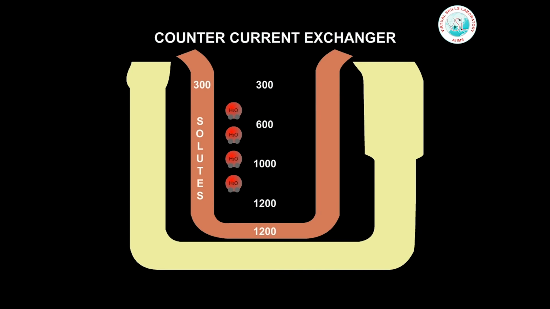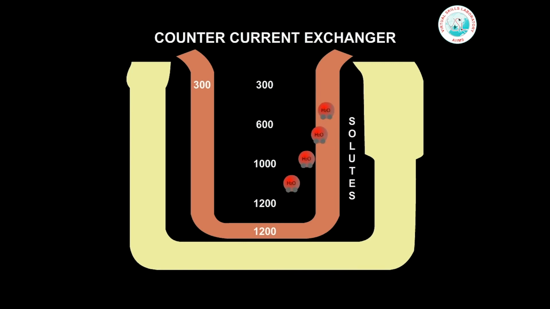Now the counter current starts. As the vasa recta ascends into a hypoosmolar interstitium, it starts losing solutes and gaining water. So by the time it enters the cortex, its osmolality is again 300. Thus, there is little net change in the concentration of interstitial fluid at each level. This can only be achieved due to its U shape again.